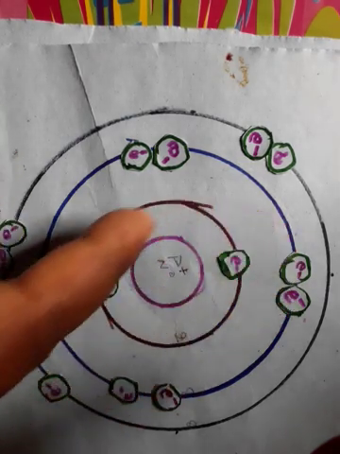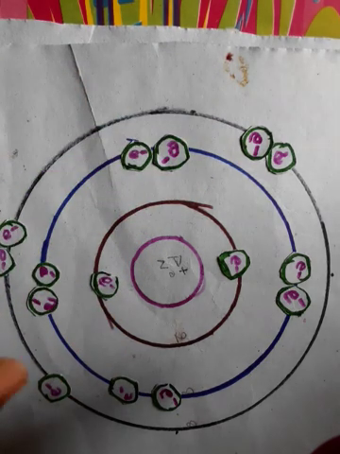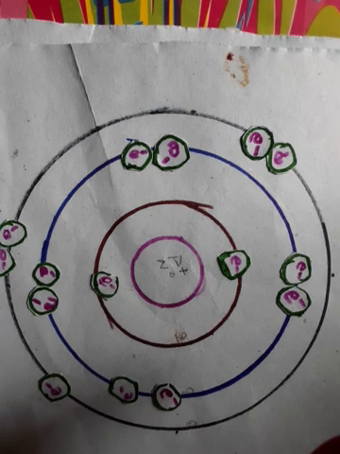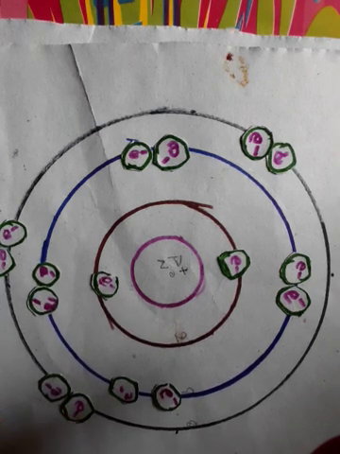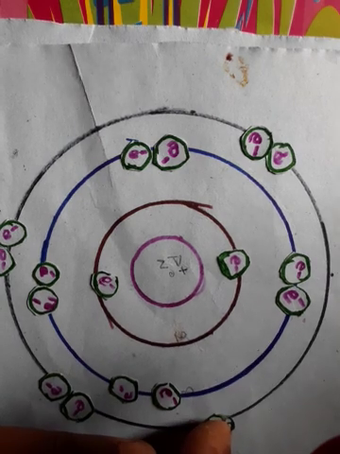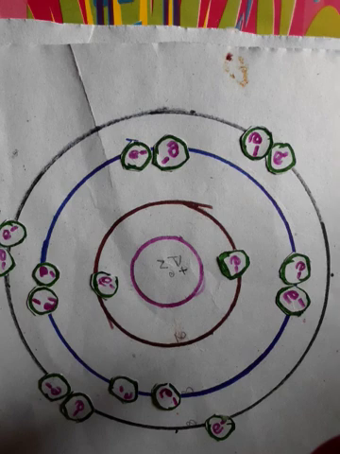The reason is, in the first shell there is 2, in the second 8, that is 10, and 5, that is 15. Phosphorus has atomic number 15, that means the number of electrons is 15. So this is the atomic structure of phosphorus. Sulfur, that is 16, that means 6 electrons. Chlorine, 7 electrons. Argon,